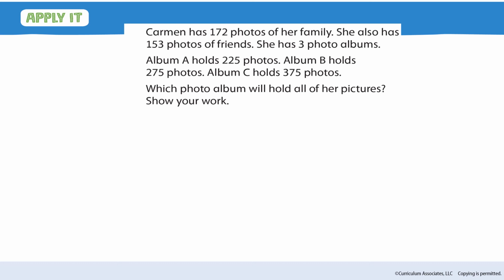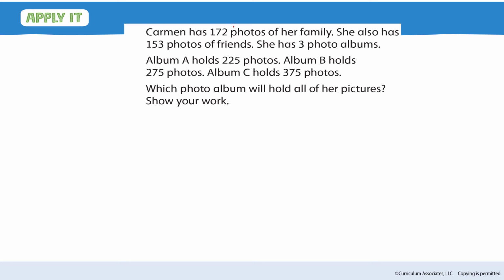So then we have to decide, what do we need to find out? Well, the question is asking us which one of the photo albums will hold all of her pictures. She has 3 of them to choose from. And what's going to be important to answer this problem? Well, we know that she has